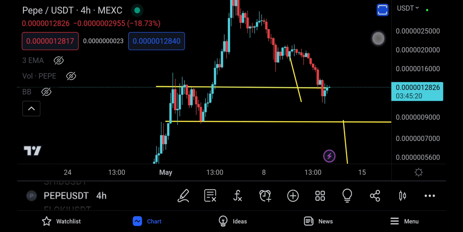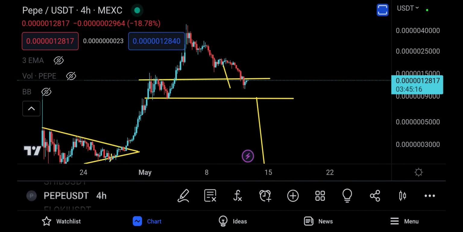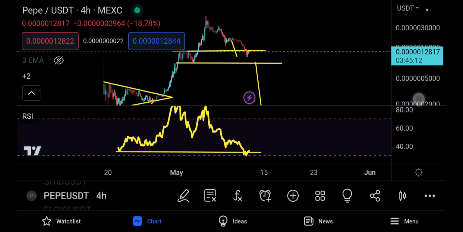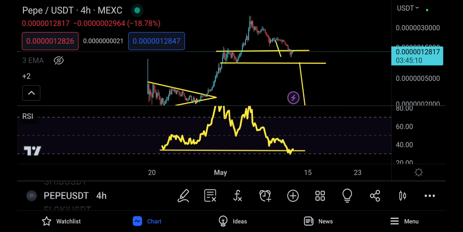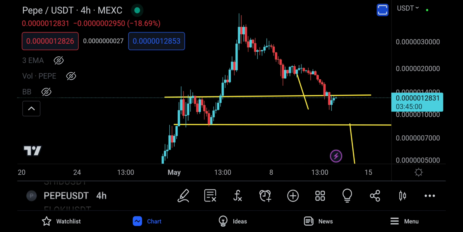But there's one thing that I want to tell you, and that is quite important. Before that, let's see if we have anything on the RSI. The RSI is actually showing a very big support for Pepe. So you've got this one support right over there, one here, one there. These are two very, very big supports for Pepe. And the second thing I told you about the movement was that this was your big level that you broke out of, and I talked about the dirty retest.